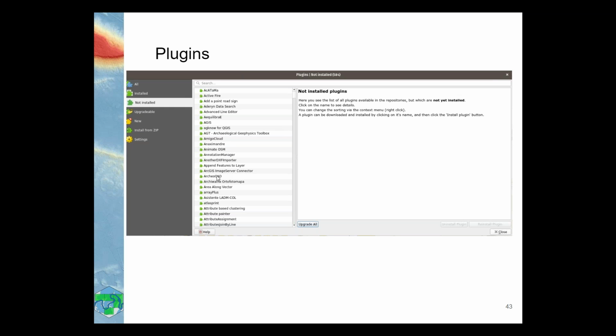As you can just see here, ArcGIS, ArcGIS Image Server Connector. These things are vetted by the community. They've got to include the source code. They do a lot of really cool things. And